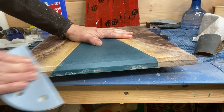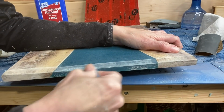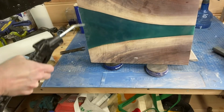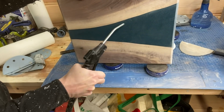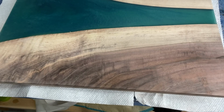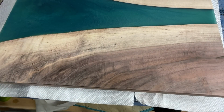You'd think for a piece this small that it would go faster than, say, making a bowl or a platter. But it really doesn't. This one took me quite a while. I actually started it last year and I stopped because I was frustrated because the color wasn't exactly what I had wanted it to be, but